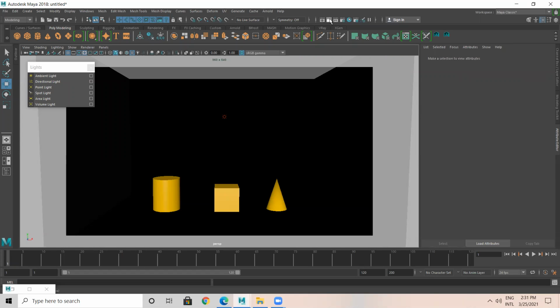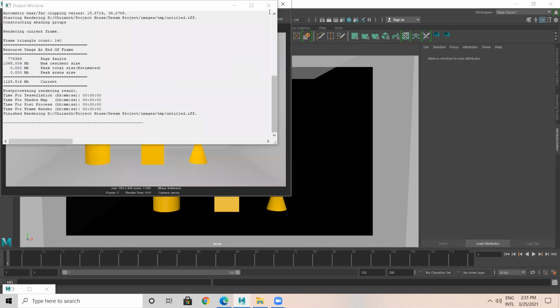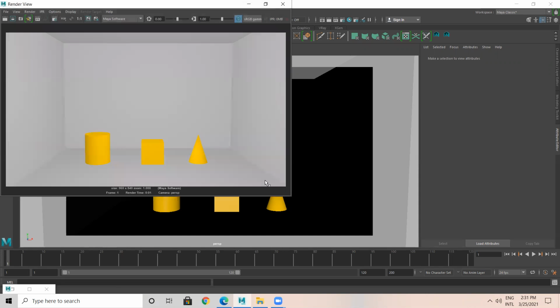Now I take a render with the ambient light. When I use ambient light, see, this is how my scene looks. This is how the scene looks, wherein you don't see any reflection, you don't see depth, you don't see either refraction or glossiness. Even though I have given fog material, I have given blend material.